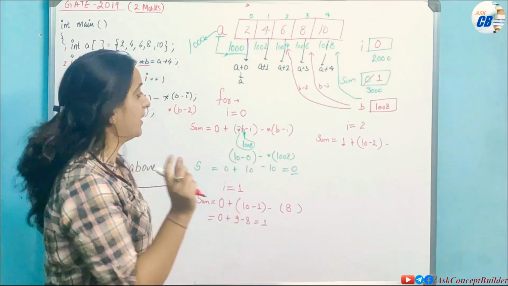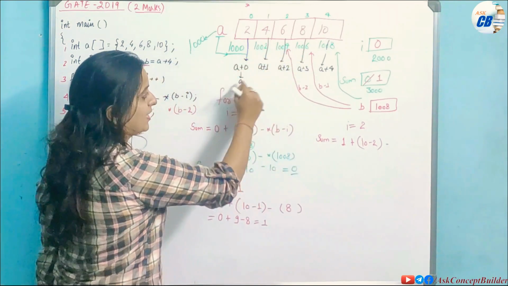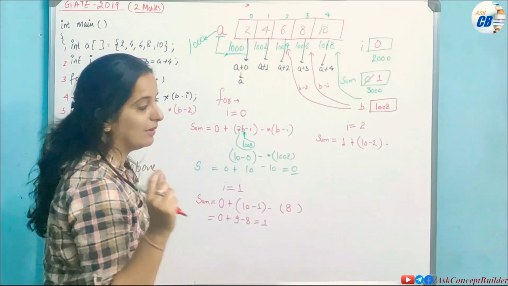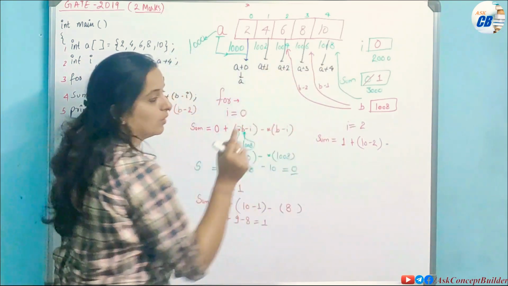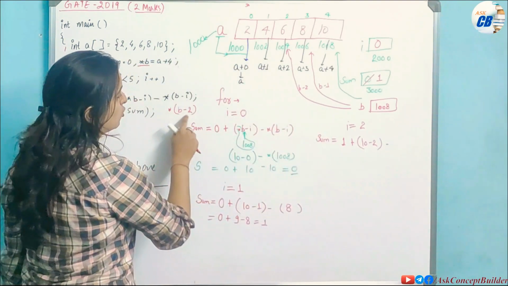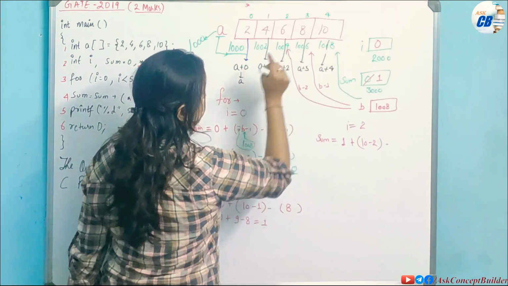So that's why don't do that thing. You have to simply remember that plus makes you go one element next, and minus takes you one element back, so you always think in terms of elements only. If b is this one, then b minus 1 will be this, and b minus 2 will be this one. Now b minus 2 means it is pointing to this address, so b minus 2 is 1004.